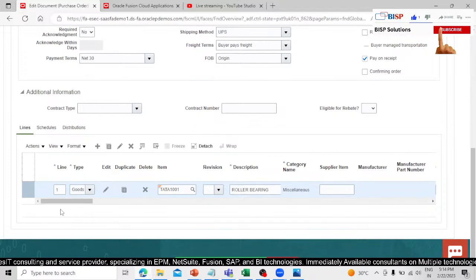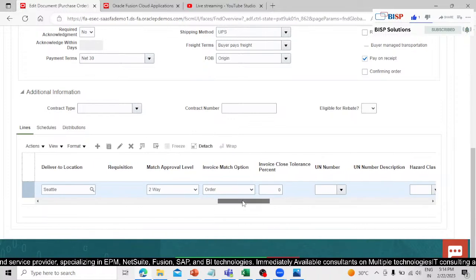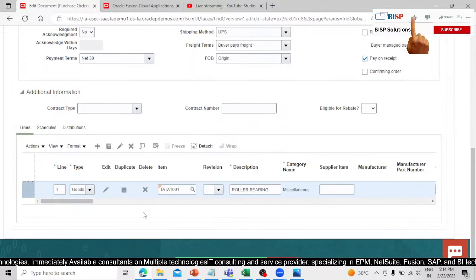So our invoice match, you can see this is our invoice match. It could be anything, because we are not creating the invoice matching with the receipt or matching with the purchase order, right? No issue. So this is our line,